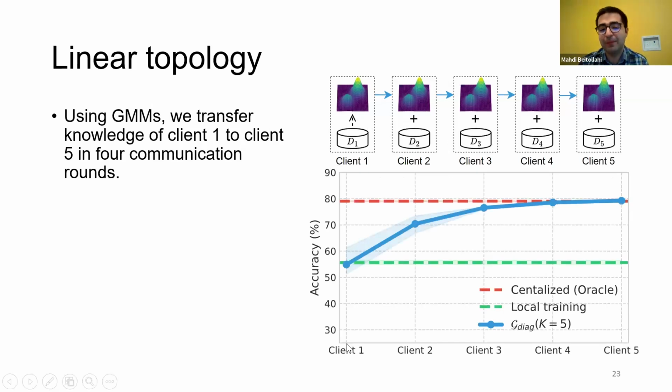So you can see, for example, as we pass these GMMs to each client, we are accumulating knowledge towards this linear topology. And in the end, we're going to reach the centralized performance as if we have all the clients' data in one place. And this is a very, very cool experiment, and it shows the capability of these GMMs as a transfer of knowledge in an ad hoc situation, as they go past the clients and accumulate knowledge of each client.